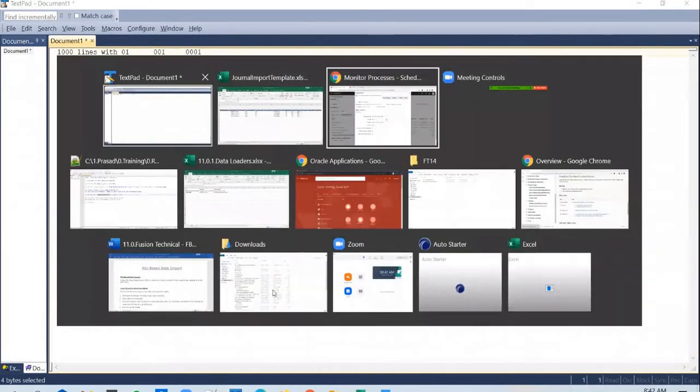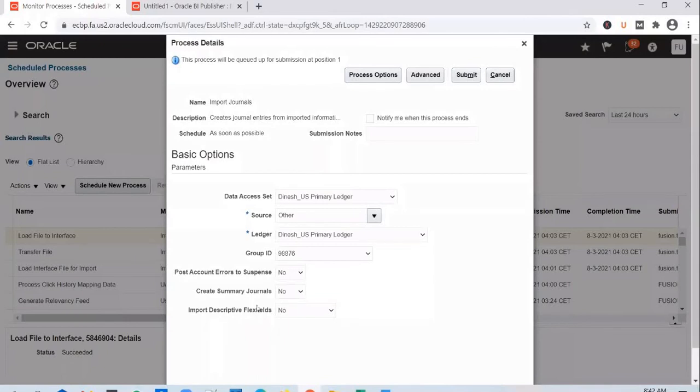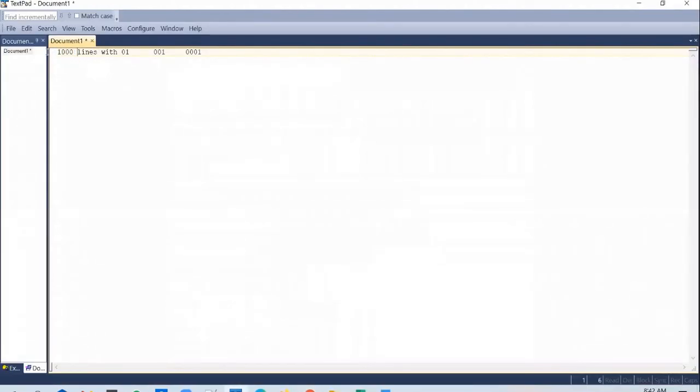In such a case, if you pass create summary journals as yes, then instead of creating 1,000 lines, only a single line will be created. And let's assume that each line has a value of 100. Then if you pass the summary journal as yes,